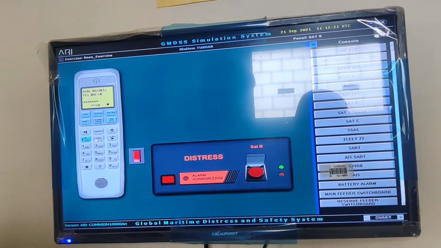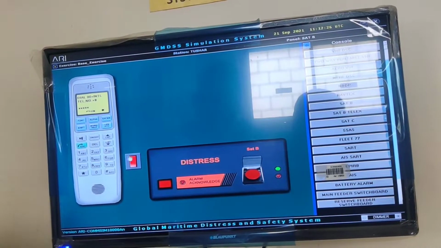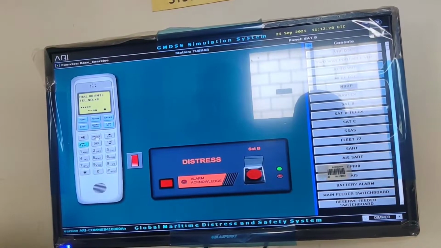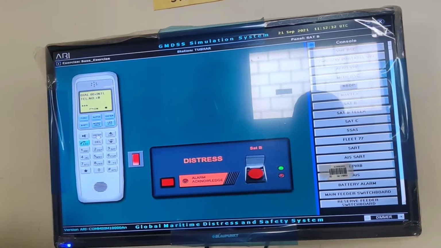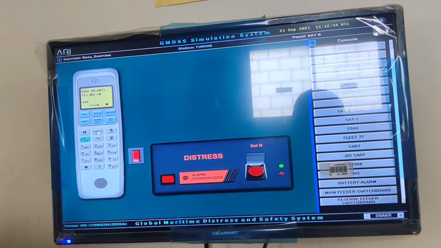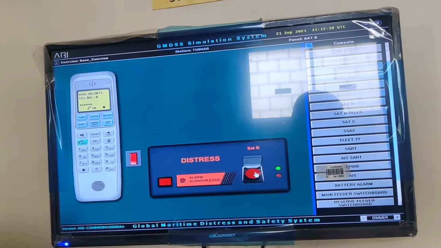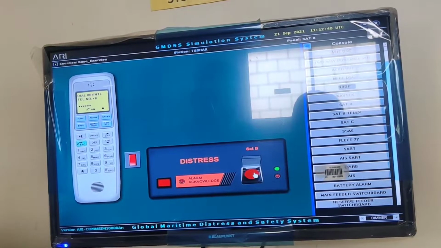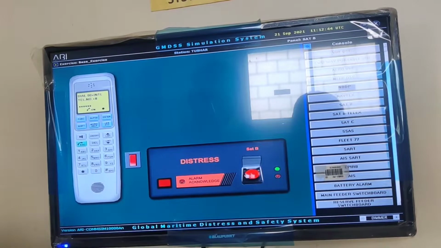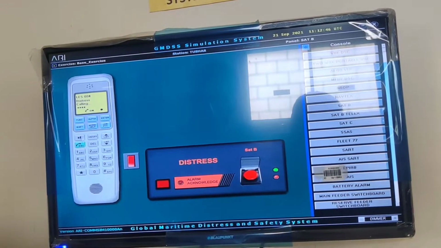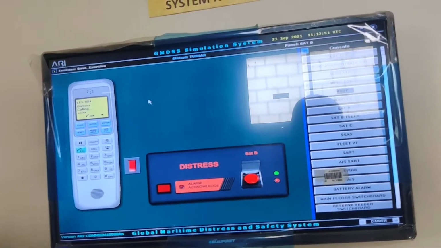Disconnect. Now the fourth operation is doing distress call. First switch on the main switch and the handset, wait to initialize. After that, you have to lift the handset. First lift the handset, then press DMG for 5 seconds at least. And then press hash. See, here LES 004 is selected. Distress calling is proceeded.